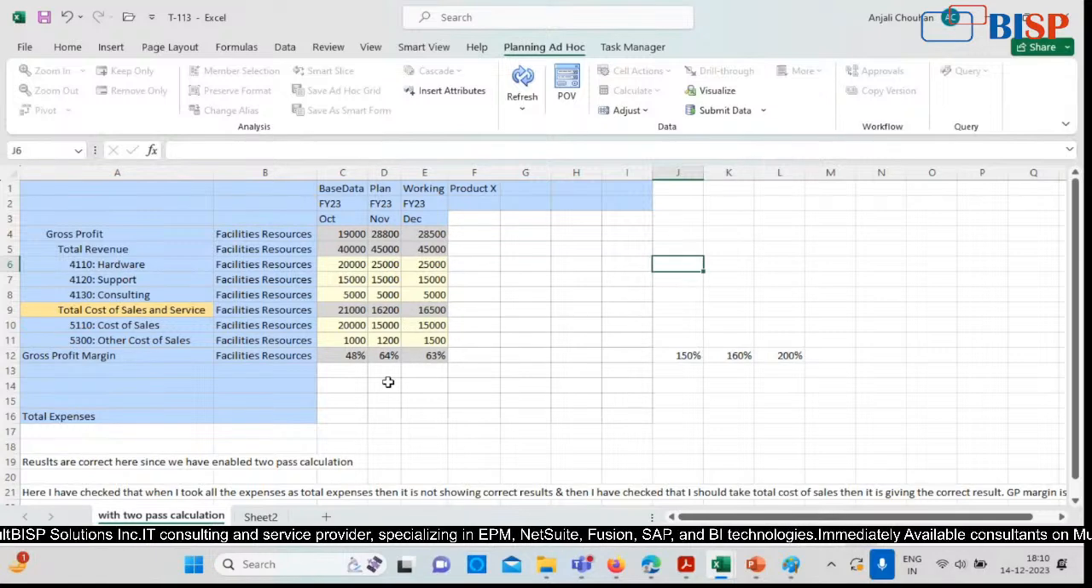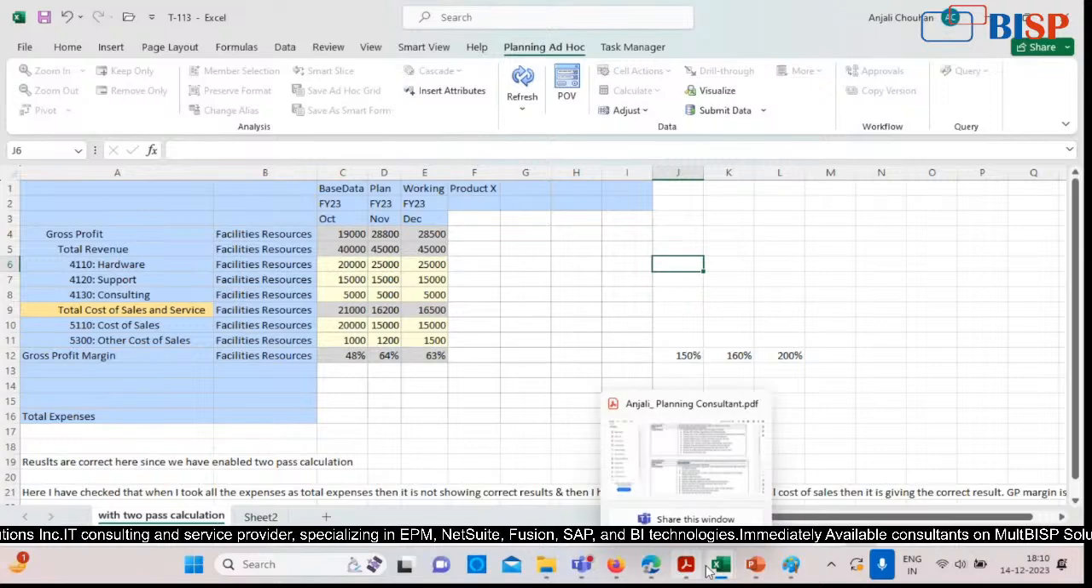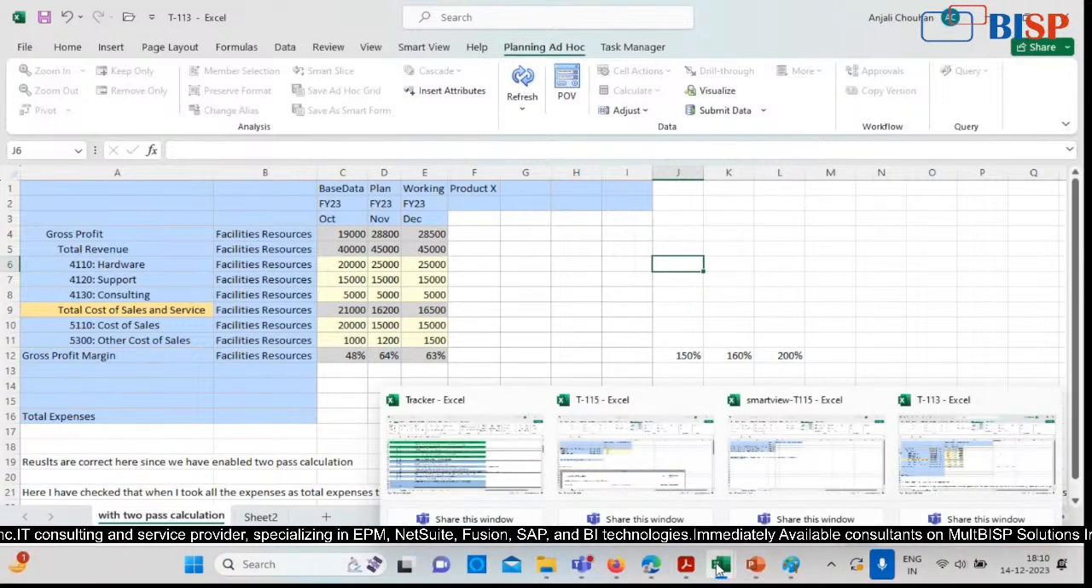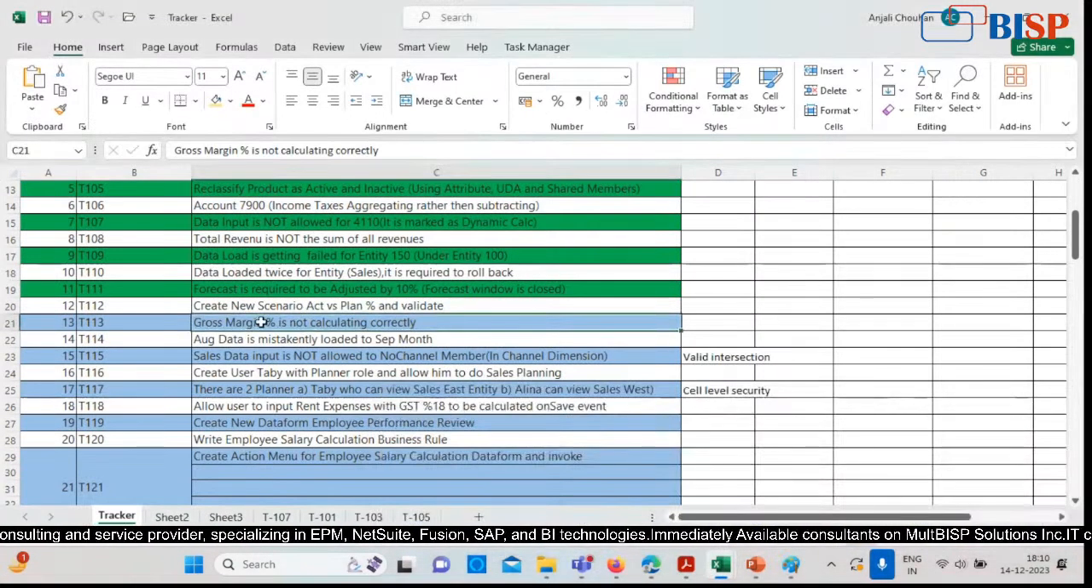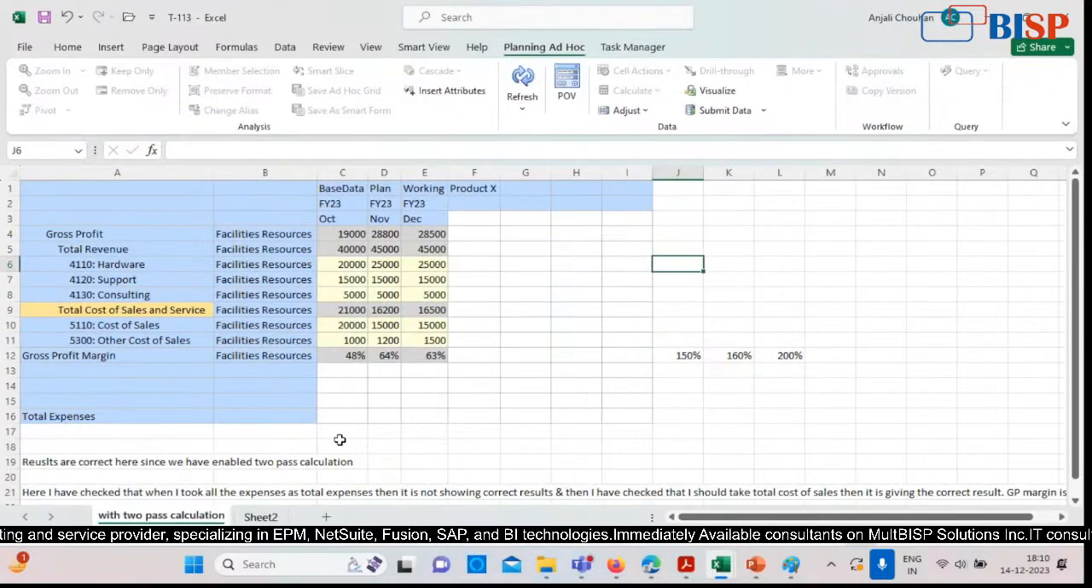So this is one way that you can enable the two pass calculation and you can solve this ticket. Now I will show you the other way how you can solve this. I have also checked it on some other instance to see what other possibilities there can be for this. So what I found in that